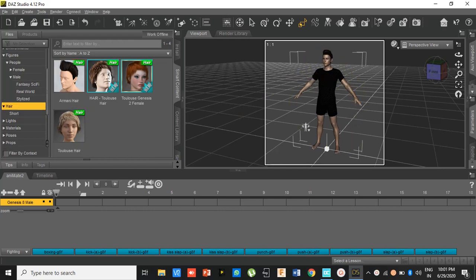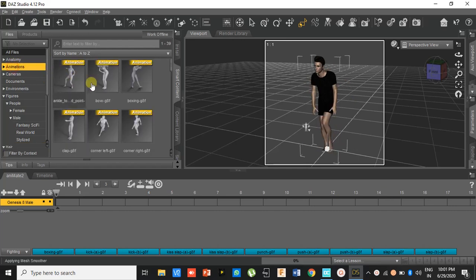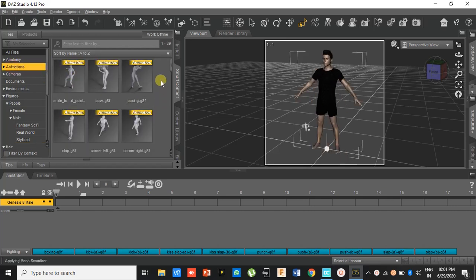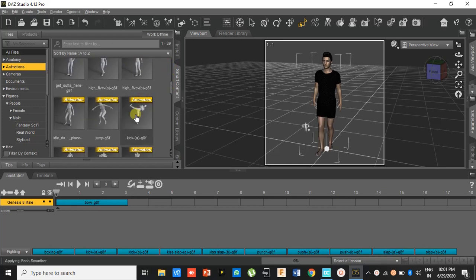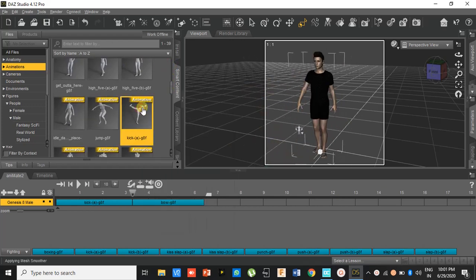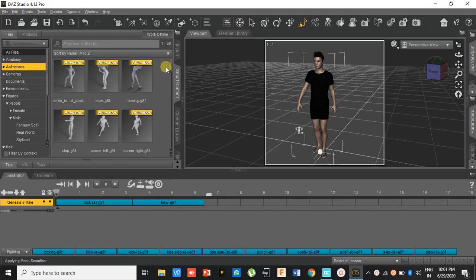So let's begin. To give the animation to this figure, slide the slider a bit up, and here is the animation. So click on it, and guys, here there are many animations, so you can select any of your choice. So I'll show you an example over here. So look carefully. Now select the bow. You have to double click on this, and then I'll double click on this cake, and I will double click on this boxing.